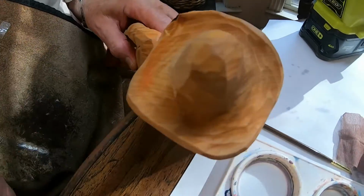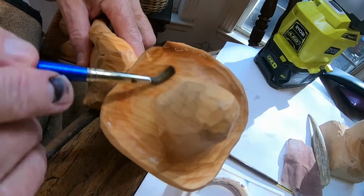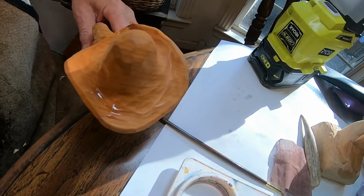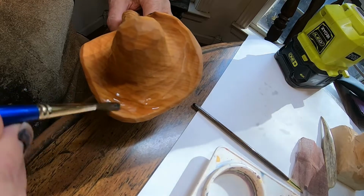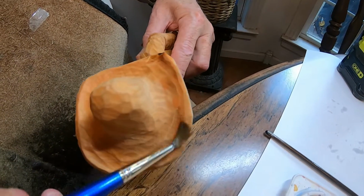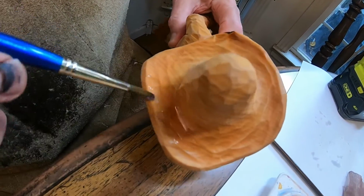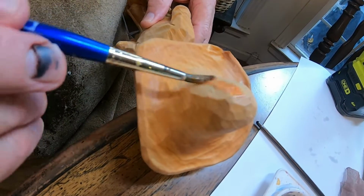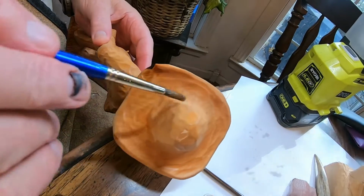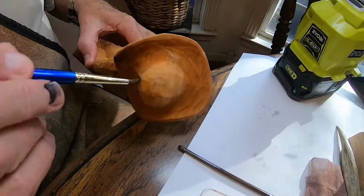I come in and I like to see the grain of the wood, and you can see the burnt sienna going on. I look for a really transparent look. You want to make sure you get it all covered. Sometimes it looks like you don't have paint on there, but you do. That's because you want a surface that you can see the wood grain through. And I'm going to put this one coat on right now, and after we finish today's particular painting,